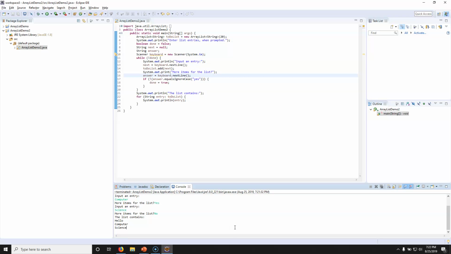All right, so hopefully that gives you some more tools in your toolbox when you're working with ArrayList. And with that being said, folks,